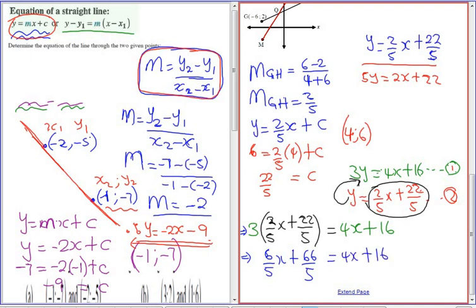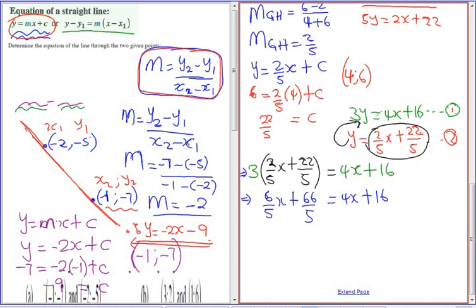Okay, so carrying on from here, what you need to do is to just make sure you calculate for x. So you can either take it to one side or the other side. It really does not matter. So let me ask you to say 4x minus 6/5x. You should get 14/5x. Okay, and then if I say 66/5 minus 16, you should be able to get minus